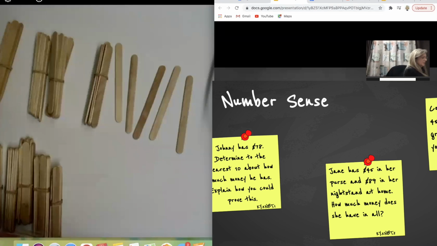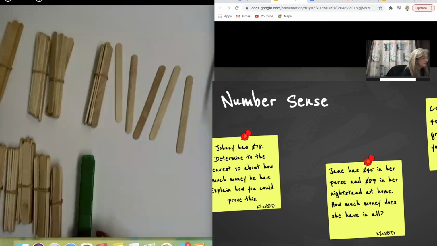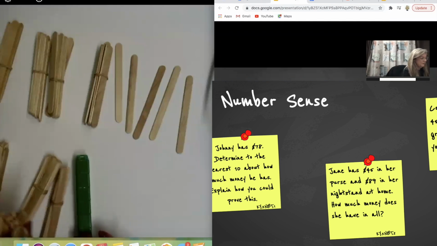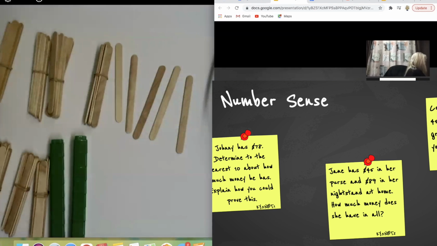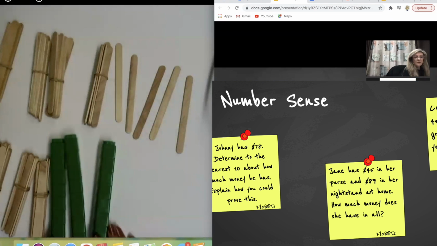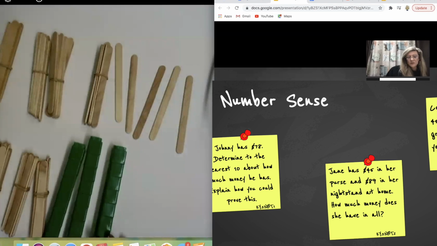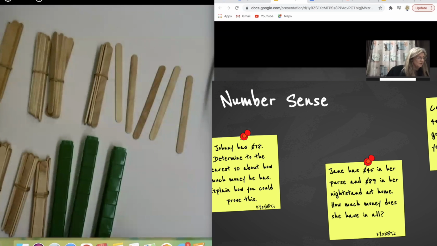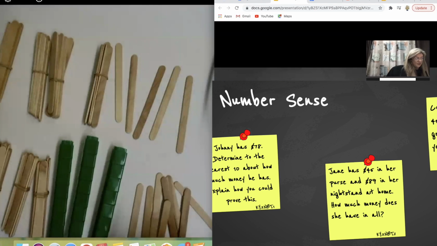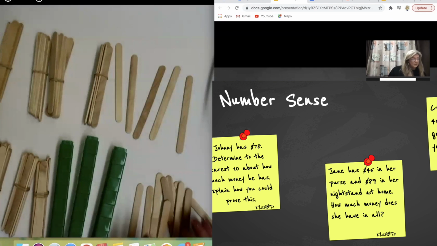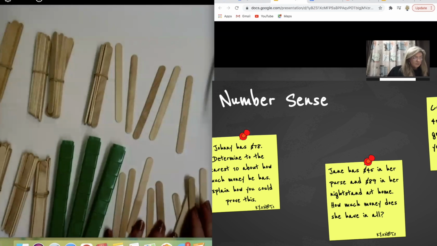And we'll take these, and actually we'll use these for the rest of them. 10, 20, 30, 40, 50, 60, 70, 80, and 90. And of course, you can use your cubes as well for this. You don't have to, this is just one tool. And then 1, 2, 3, 4, 5, 6, 7, 8, 9. And then you can have the kids make bundles of 10.